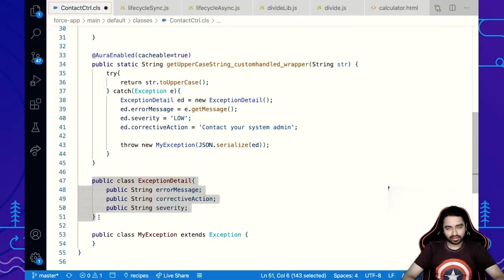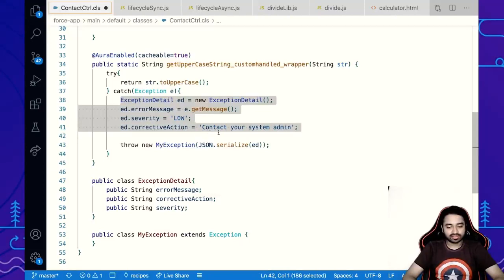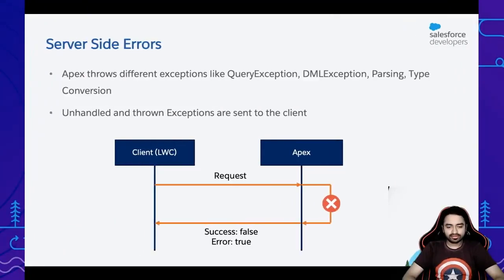And it's kind of like a workaround, I would say, because there are very limited parameters that your exception classes can take, one of which is a string. So the workaround really is you define your own wrapper class and of course initialize that, put in all of your details, and then serialize the wrapper class and send it as a string. So this is going to conform to the specifications of the exception class, as well as allows you to send a lot of details that you can then again handle from your Lightning Web Component. So this is a little bit about a refresher, I would say, on handling server-side errors.